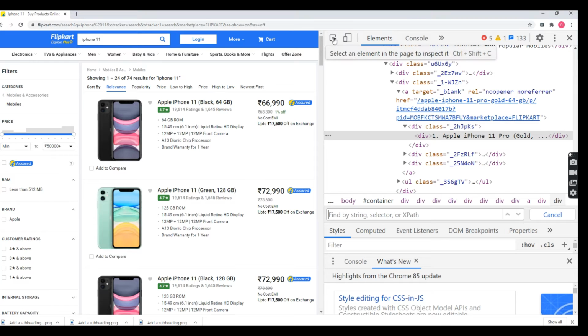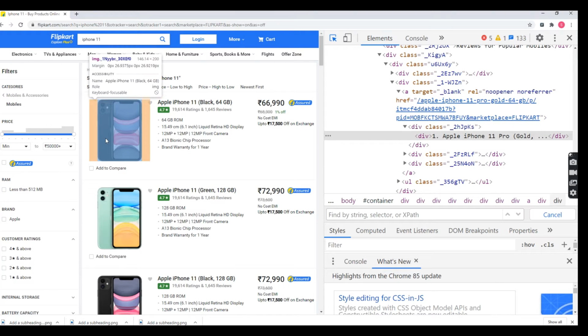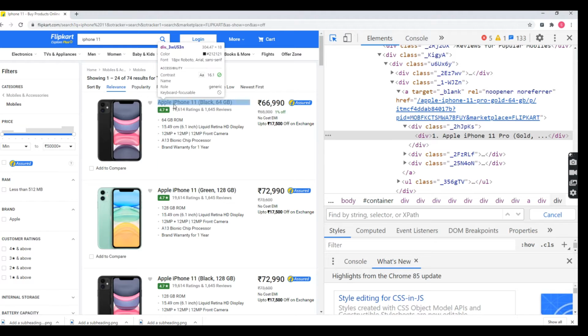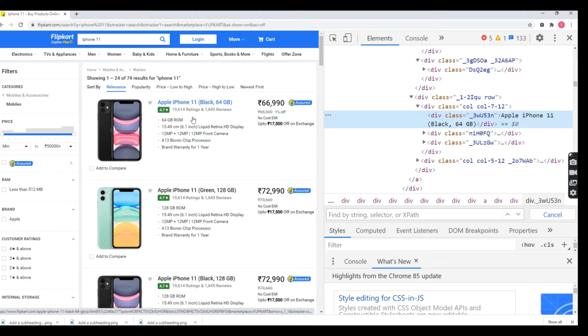So this is the dynamic XPath. Please notice, wherever I move my cursor, the element will be highlighted in the Elements page. You can notice that and you will understand clearly. Click on this element bar, move here. Now which text am I going to print? This one. Click on this one. So this text is available. But I don't want to print a single element. I'm going to print all the elements. The search result displays 24, so I'm going to print 24 elements.